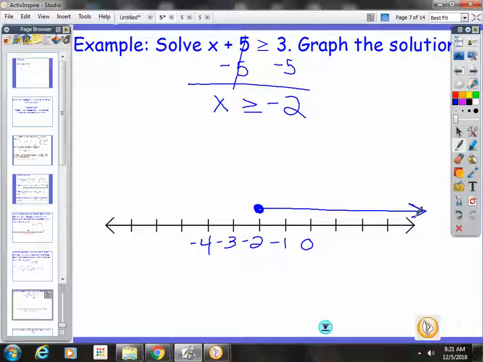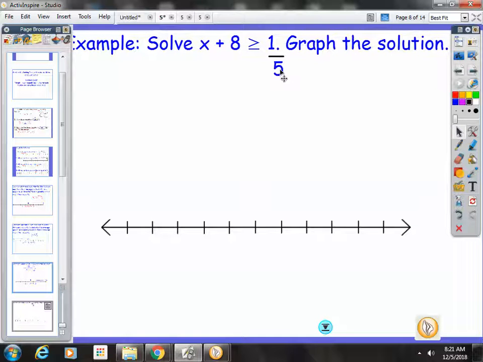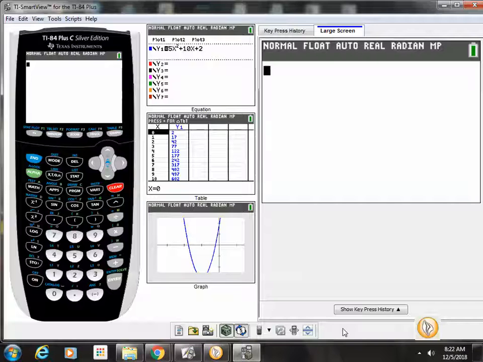The back side, please. Here we have x plus 8 is greater than or equal to 1/5. Alright, if I want to get x by itself, what am I going to do to the 8? Subtract it. So I have x is greater than or equal to, so I'm going to do parentheses 1 divided by 5